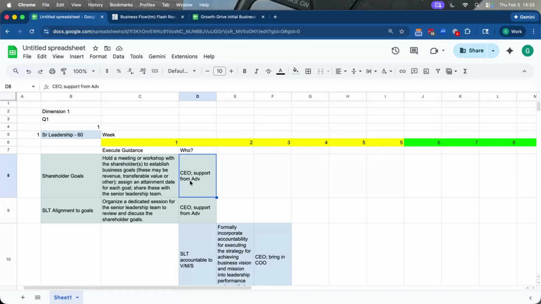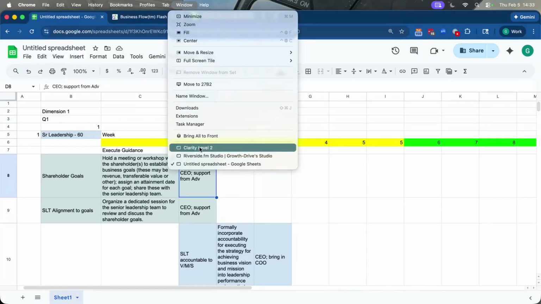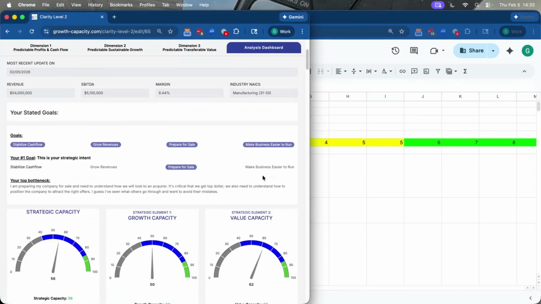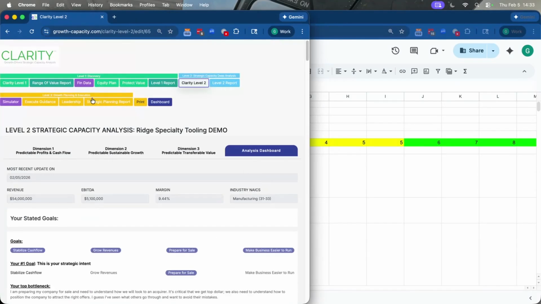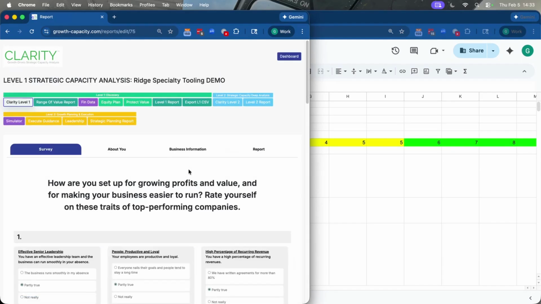And the data's in, boys and girls, the data is in. When you increase strategic capacity, revenues will pop. And maybe I'll take a moment and illustrate why that might be. Why might that be? Well, I'm going to go back to clarity level 2. Now imagine, I think the easiest way to show this is actually in level 1. If we look at our level 1 report,